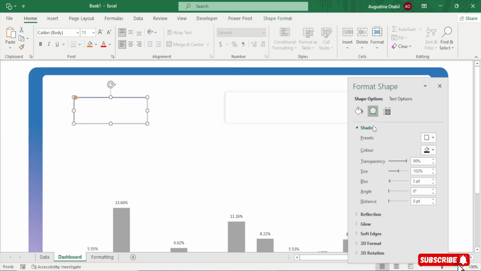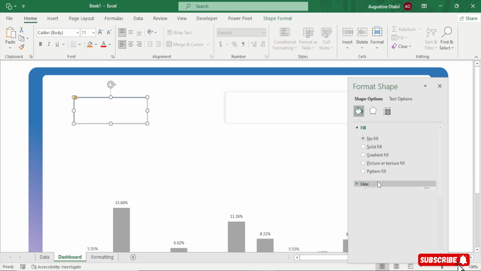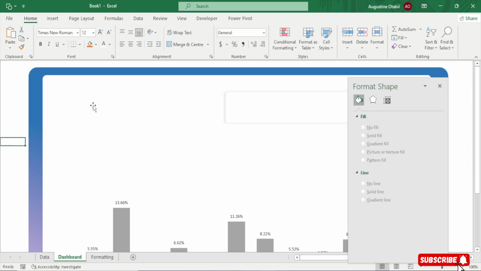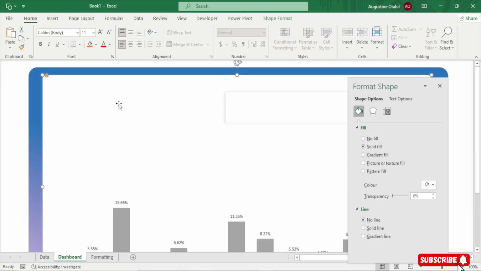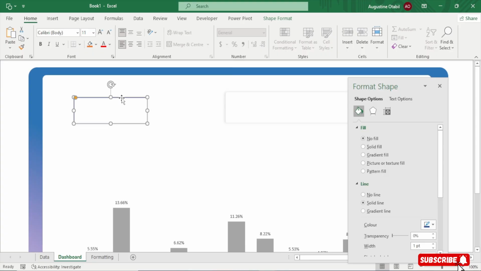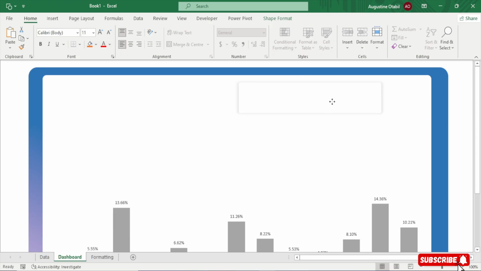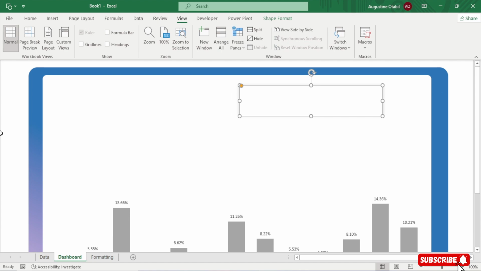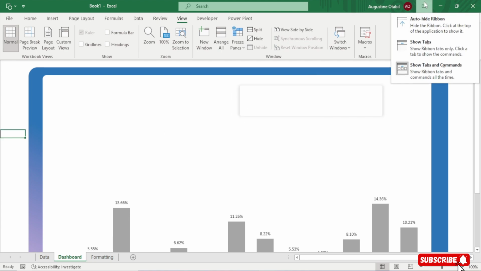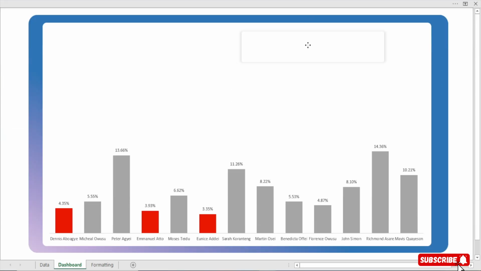So we are going to say no line, right? Perfect. So this is how I did it. I just brought the shadow, right? Perfect. So I'll bring this one here. I'll make sure I turn off the formula bar. Okay, the formula bar is already turned off. And I'll say auto hide. So I'll bring this one here, position it here.